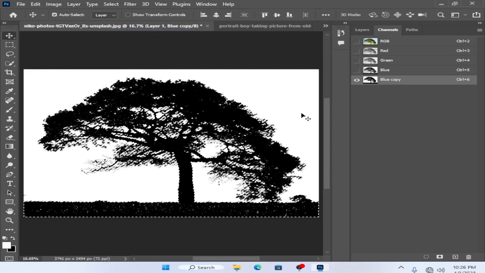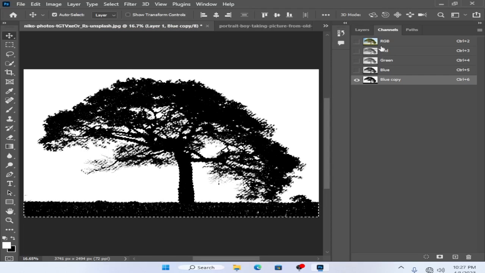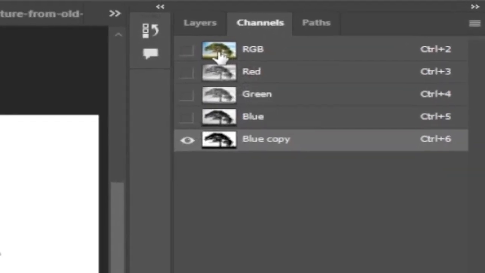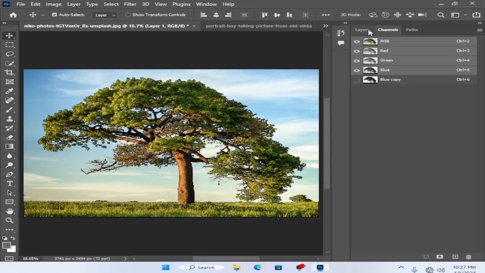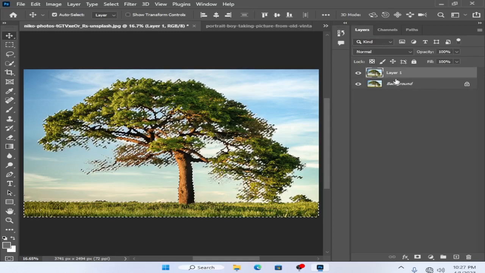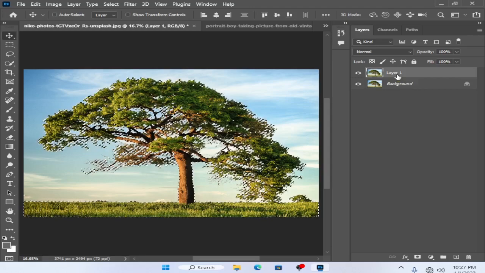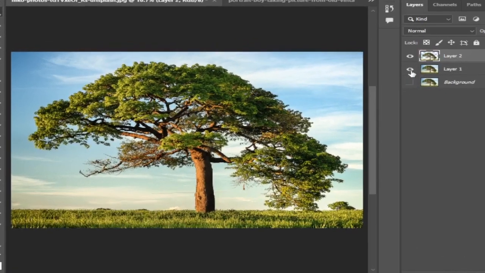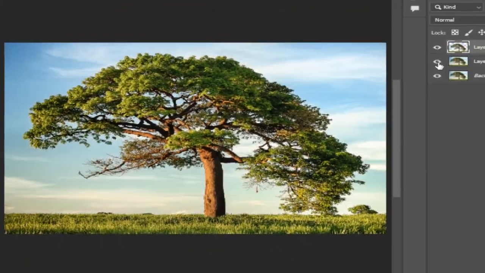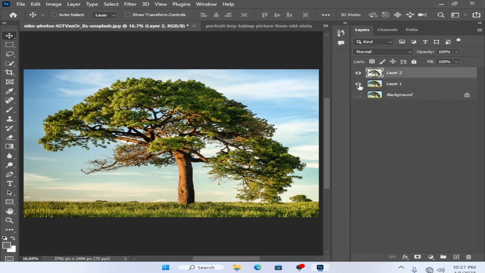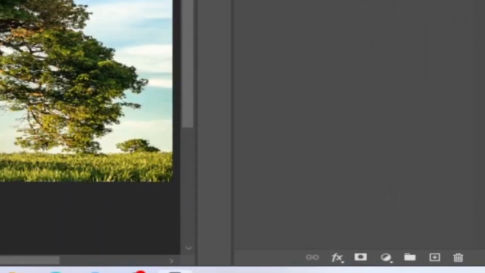After inverting the selection, click once on the RGB channel. After that, come back to the Layers panel, and from here you can press Ctrl or Command J to take the copy, or to subtract the selection. Or the efficient way is that when you have an active selection, simply click on this mask, and after that you can